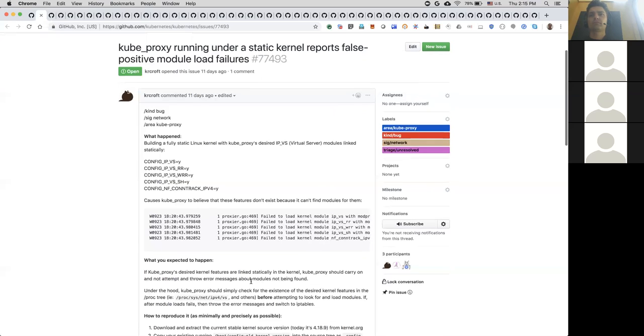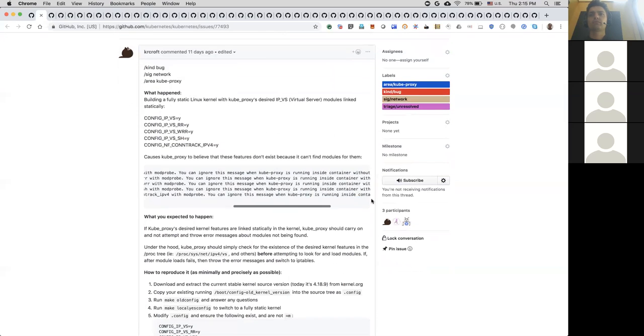If you can't actually load them because your kernel isn't built with that module, then... but they're saying they built them in. You get a warning because the modprobe fails because it's already there, essentially. They just don't want the warning message printed when the module is built into the kernel because it's already there.